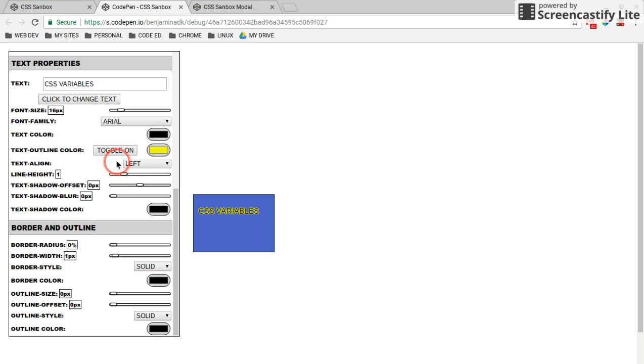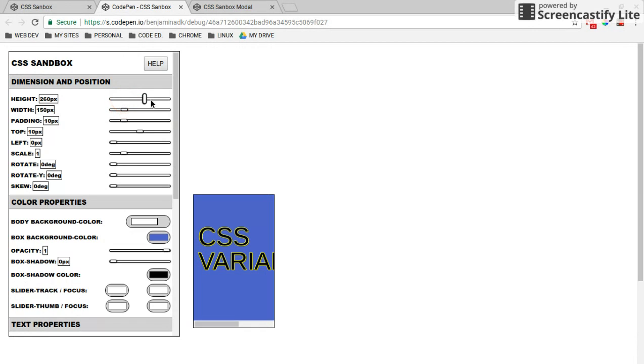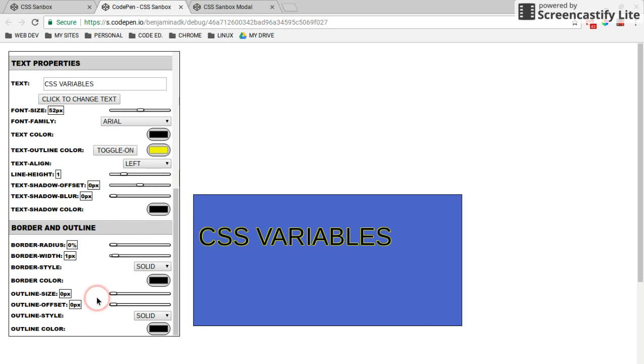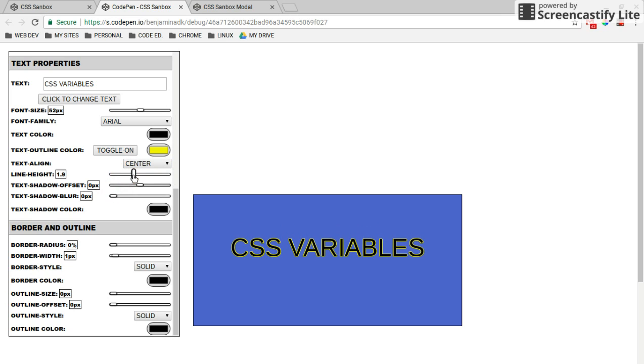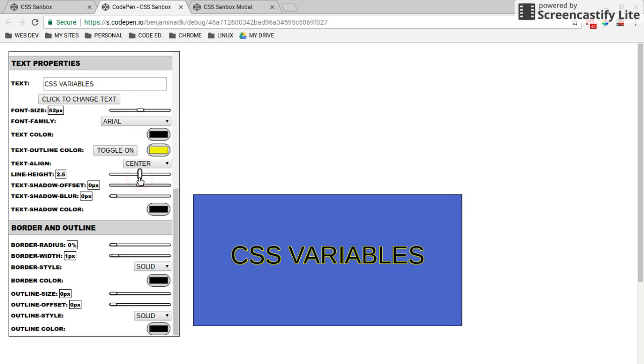Let's make it a little bigger so we can see the shadow. Let's see, font size. Okay, we're going to have to maximize our dimensions here to see it. Easily done in CSS Sandbox. How do we center the text? And use line height to vertically center the text. See, this actually could teach people that line height's a good way to vertically center things. I can do it here. I see. Okay, so we'll bag our outline,